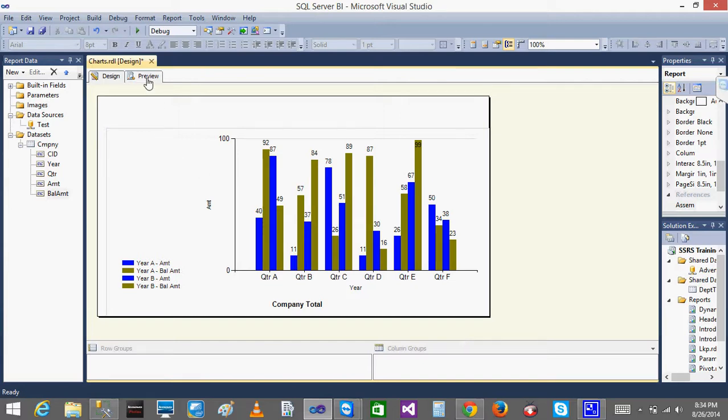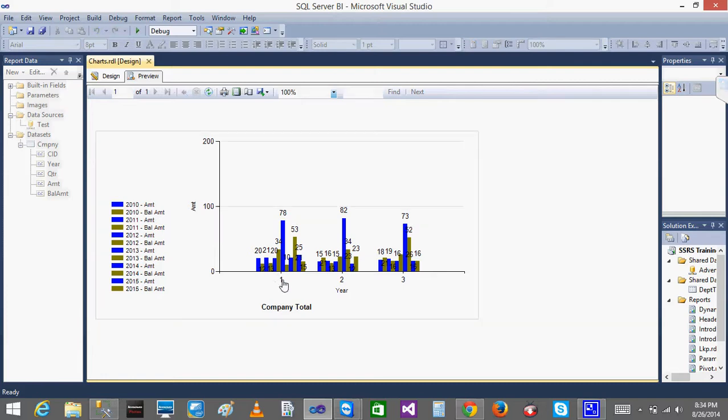Now when I preview it, for each quarter I am getting all the three things. See, 2010 balance amount. So in the quarter you are showing the data for all the years. For one quarter you got the data for 2010, 2010, 2011, 2011, 2012, 2012, 2013, 2013, 2014, 2014, 2015, 2015.